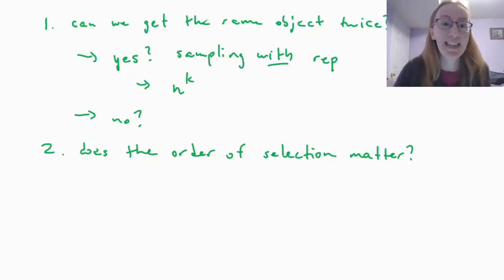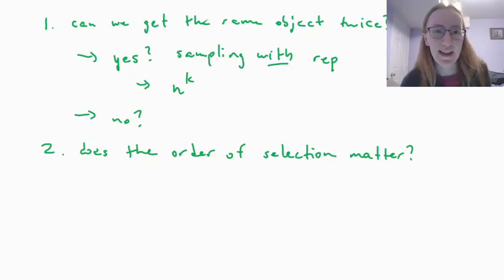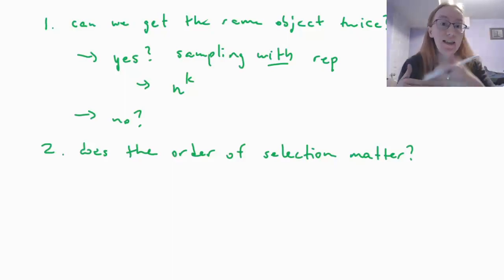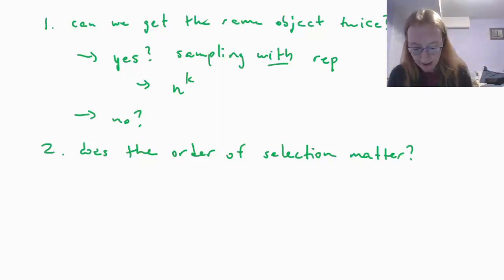Or like assembling the Enigma machine. There's a great example in the end of chapter problems that I wrote, where it's talking about the order of the disks in the Enigma machine. It's going to be different whether we select 5, 1, and 3, or 3, 1, and 5, or 1, 5, and 3, etc. So we want to think about, does the order in which we select those objects matter or not? And if it does,